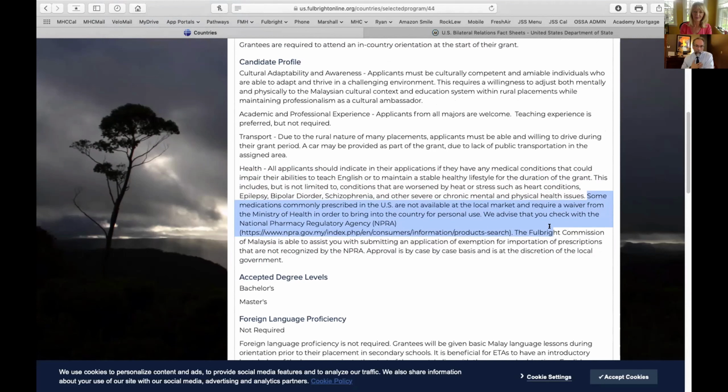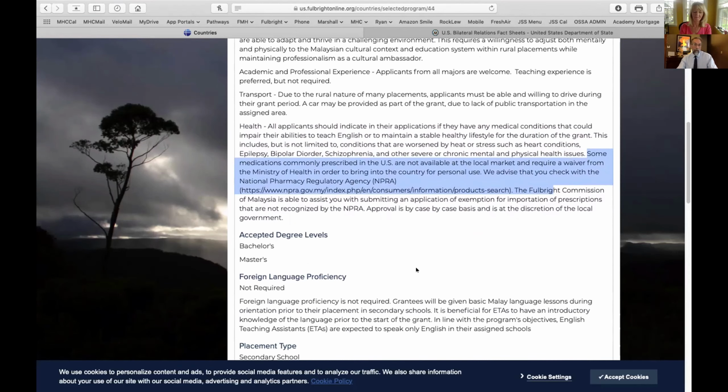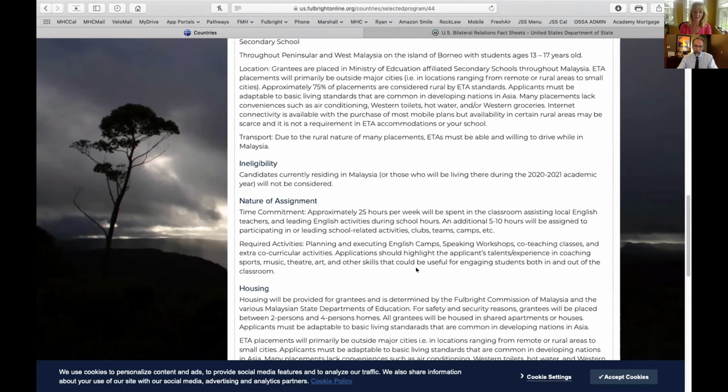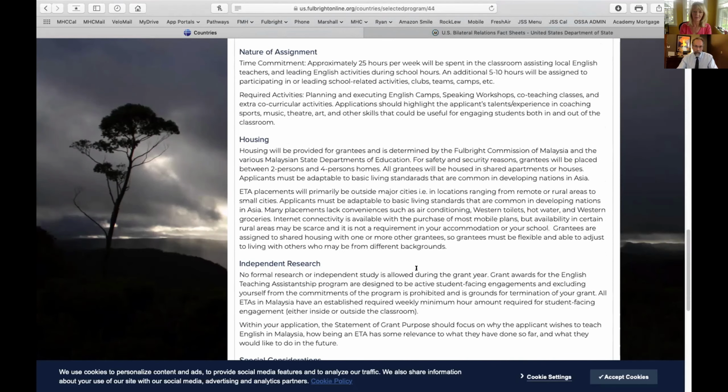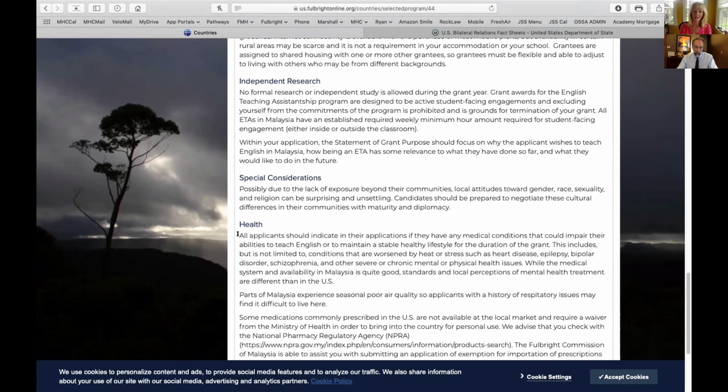So this is important for people who might have pre-existing conditions or have some kind of medical condition. If you want to apply to Malaysia, you have to know early on if they're going to allow you to treat it. And in the case that something might happen, you'll need to know how to deal with that. And so this might be a factor in your choosing this country. Also later on here underneath the award summary page, they're going to talk a little bit about that. Here, they'll talk more about it here.